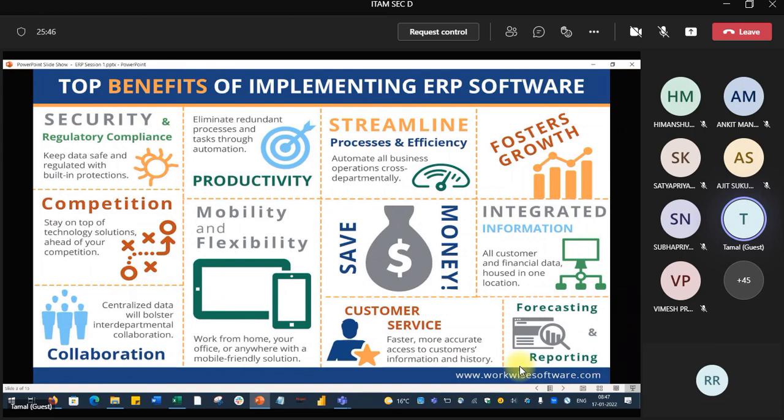After that, these are the immediate things: streamlining process, integrated information, collaboration, mobility and flexibility. Then after a year or so, you will see the productivity. Security and regulatory compliance. This is inbuilt. This is inbuilt.